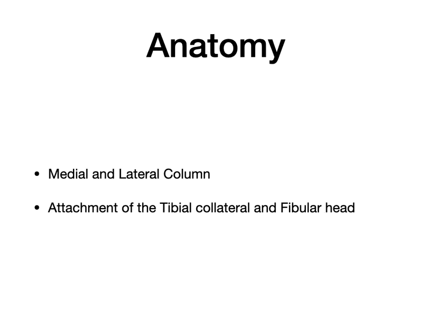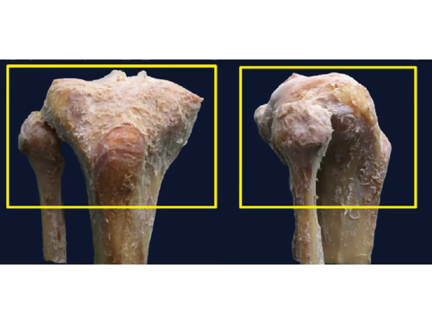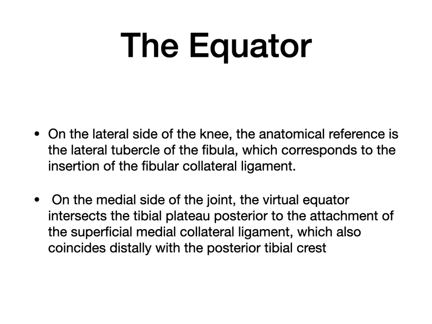We all know of the anatomy, and we know that the medial and lateral columns of the tibial condyle behave differently. The medial cortex is denser bone and gets fractured only with high energy trauma, whereas lateral fractures are much more common. We are also aware of the anatomy of the attachments of the tibial collateral ligament and the attachments on the fibular head. And we must remember this because this is a well established concept of the columns of the tibial condyle. What is new, however, is the equator.